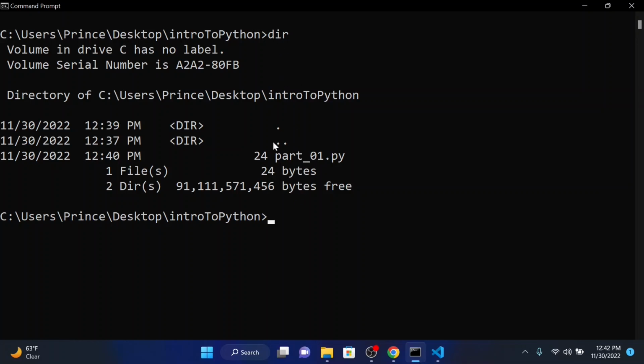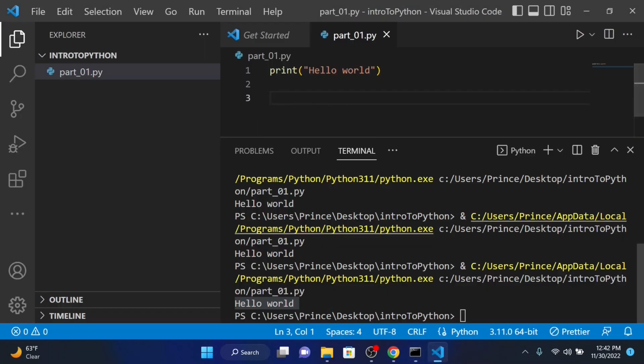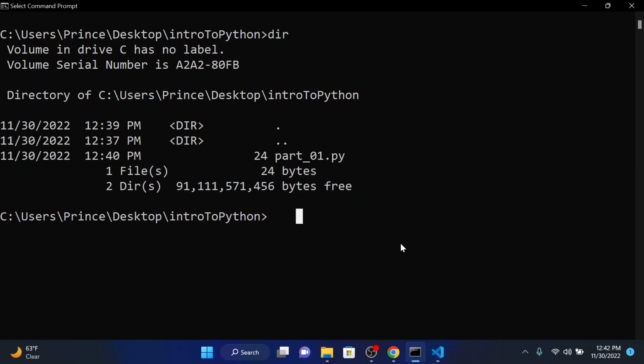Once you do a dir or an ls, depending on your operating system, you should now see a file called path_01.py, and we can run this file to execute the code inside of our Python file, which is just code to print hello world. So we can just go in here and simply type in the following.